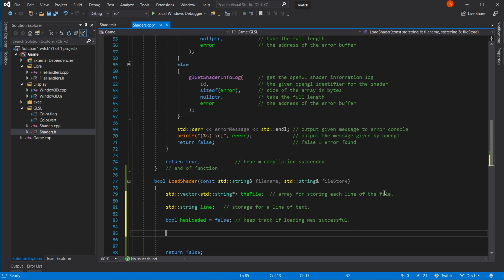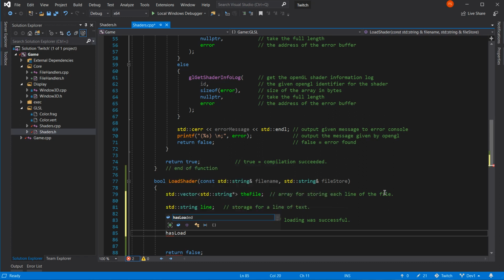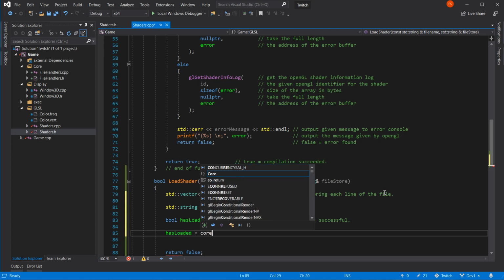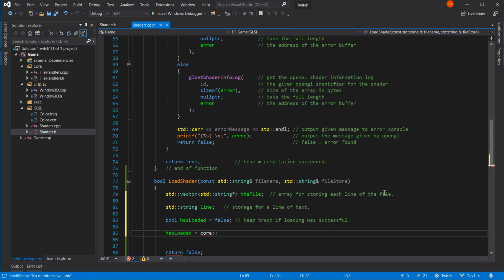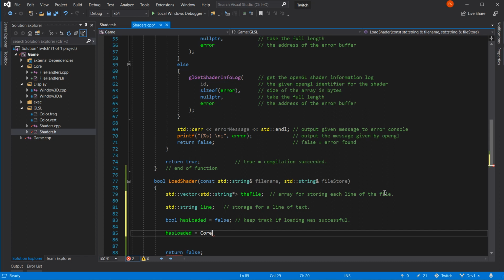So what's our first command going to be? Our first command is going to be has loaded equals, and it's going to be our reader, which is in core, colon, colon, and it doesn't come up because I haven't used a capital. Read text file, open brackets.